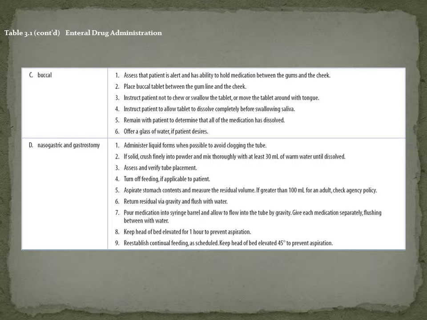We check for placement by auscultation: we put the stethoscope right under the left costal ridge over the stomach area, and we insert about 15 to 20 mL of air into that NG tube and listen. We should hear air movement in, it almost sounds like flatus, in that region where we're listening. So once I've verified placement,